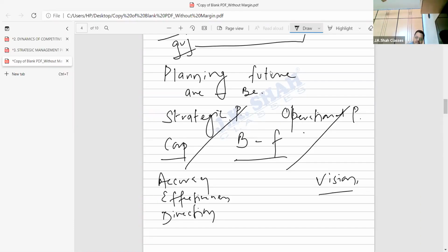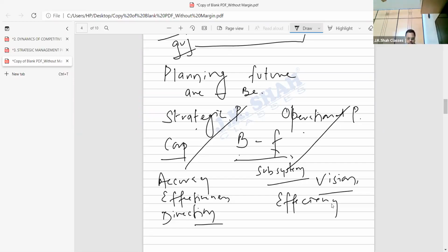And then it is said every subsystem of the organization. Subsystem, when I say, I mean what? Every part of the organization. So people at the business and functional level, at the operational level, are supposed to follow the direction prescribed by people at the corporate level. Next point. I said the effectiveness of strategic planning should be well complemented by, pay attention, the efficiency of the people at business and functional level.